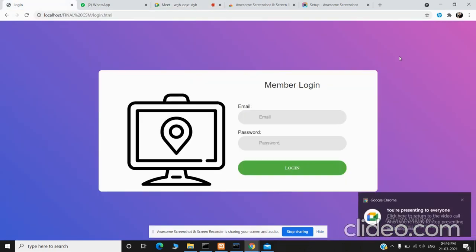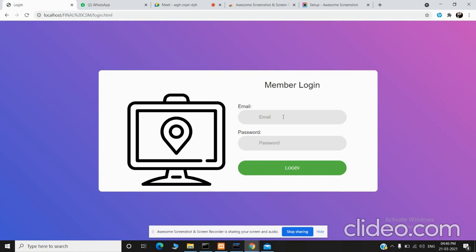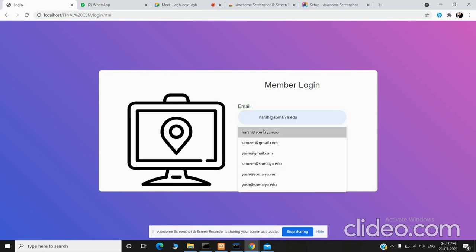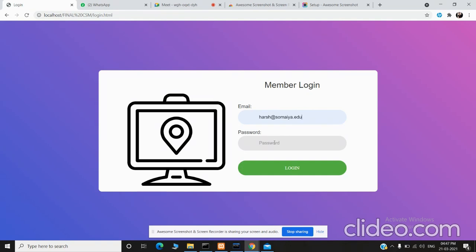Me along with Harsh Chudasama and Yash Bhanushali have prepared a computer stock management system. We are the members of BitByte Squad under the program Hectics Hackathon. For this project we have used HTML, CSS and JavaScript for front end and PHP for backend. And for database we have used MySQL.